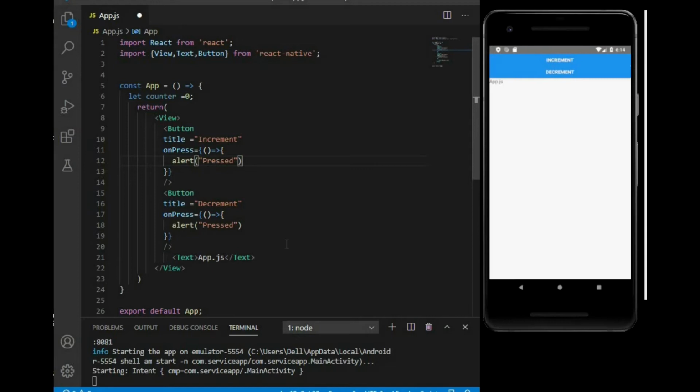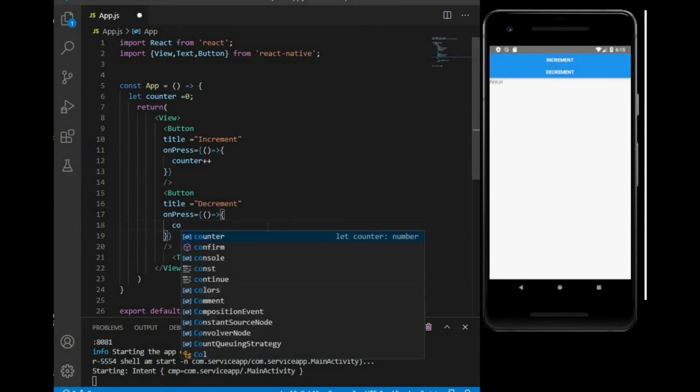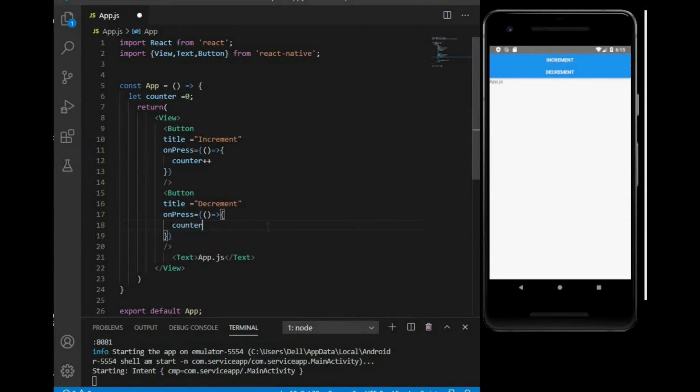We increment the counter by writing counter plus plus inside the onPress function of the button that we have given the title of increment, and decrement the counter by writing counter minus minus inside the onPress function of the button that we have given the title decrement, and also print the value of the counter inside the text element that we have written already.